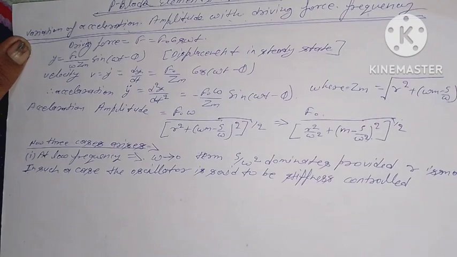When r is small and omega tends to 0, then Zm equal to s by omega